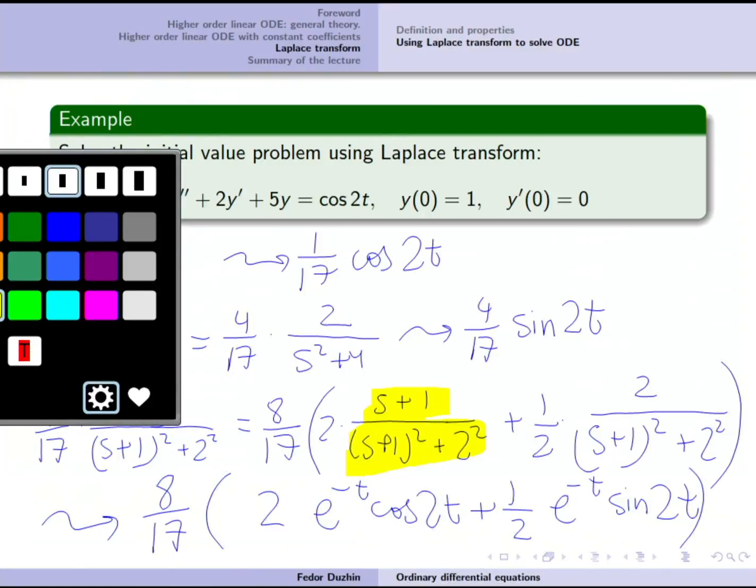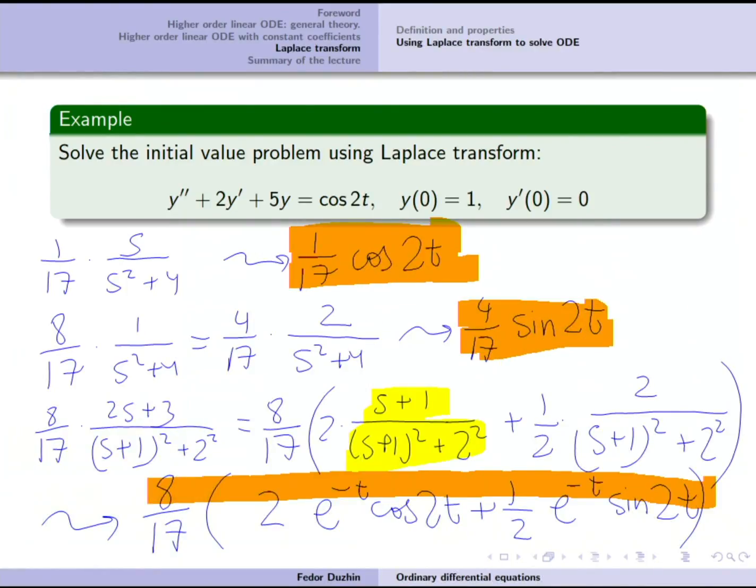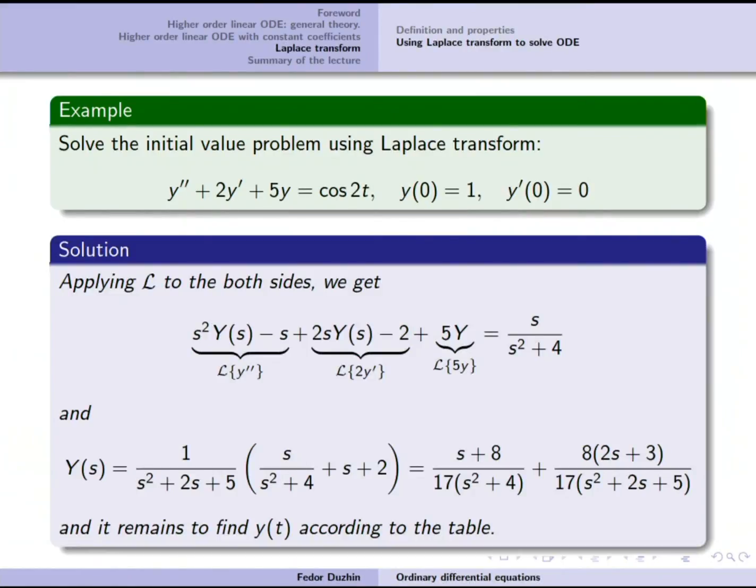The final answer is, in fact, these together. So let me maybe use this color. It's going to be this plus this plus this. Yeah, I hope I did it right. I hope I haven't made any mistakes. But that's basically how it works. Yeah, and here I didn't even finish it. I didn't even type it, so I just wrote